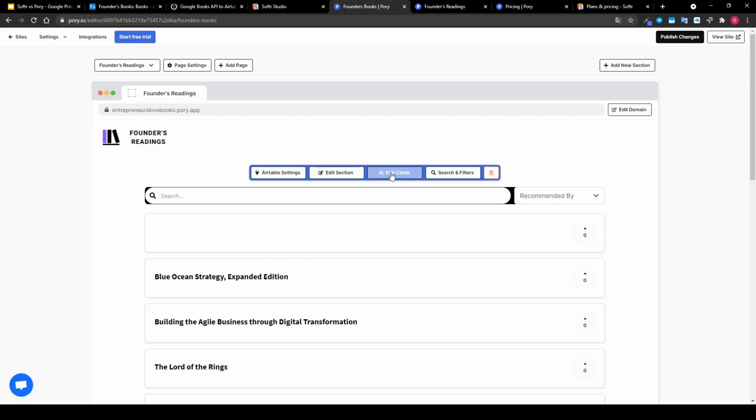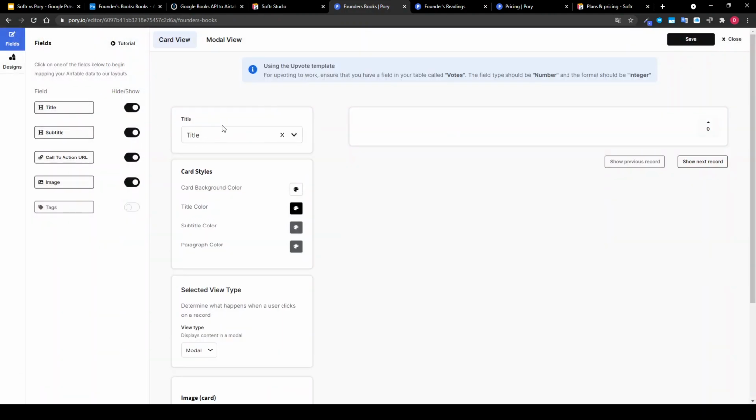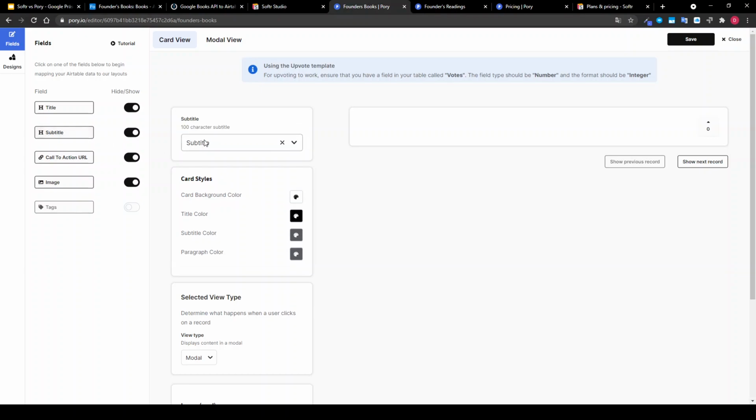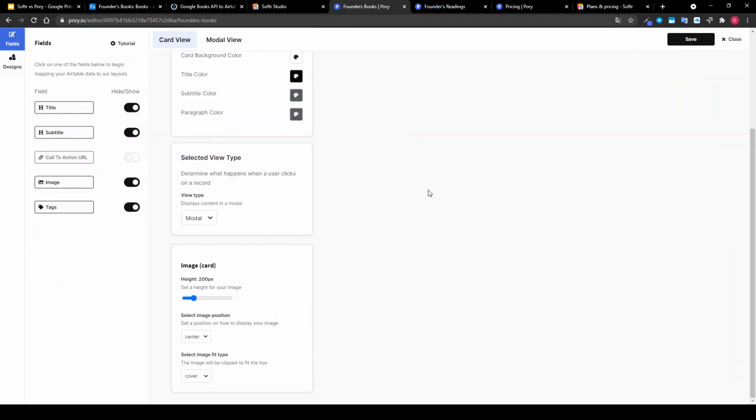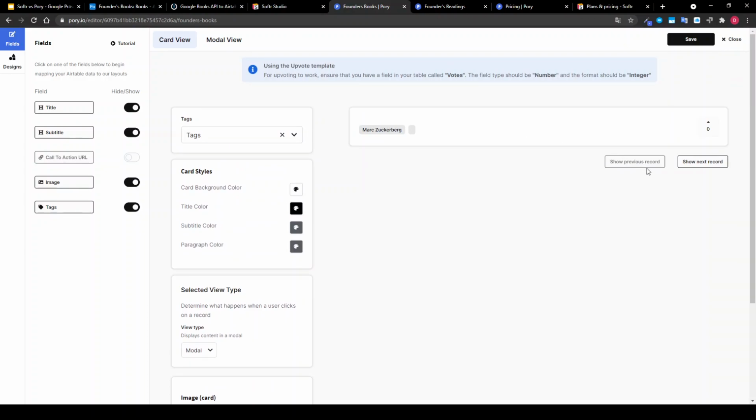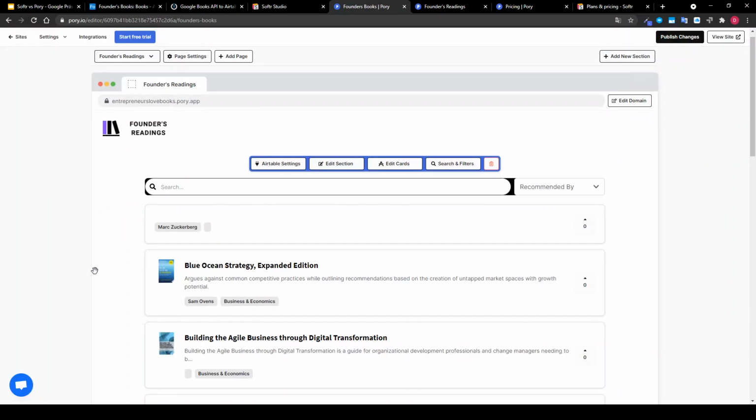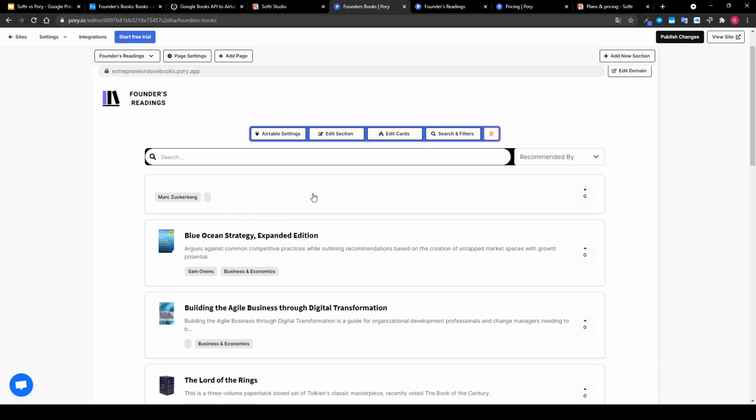Now we are going to add our cards. Set up our title. Title is set. Subtitle, it's description. We don't need this one. This one is cover, and we want to use tags. Okay. So here you can see that we have a card here where details are missing,